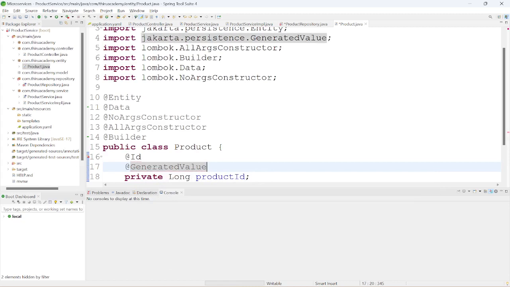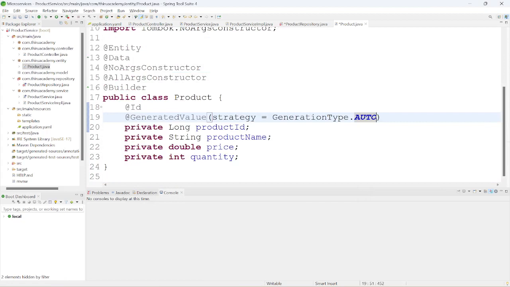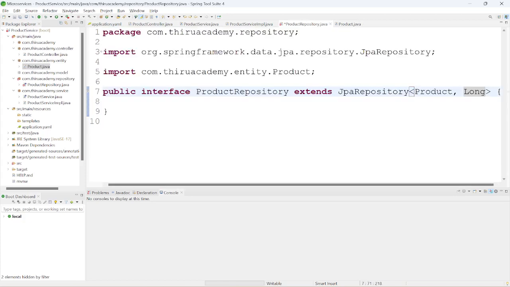Generated value strategy here, auto, I am using. Okay, fine. Control Shift O. Yeah, fine, ID also imported. Fine, our entity is ready. Okay, repository also ready. No errors, right? Fine. Now we need to implement that